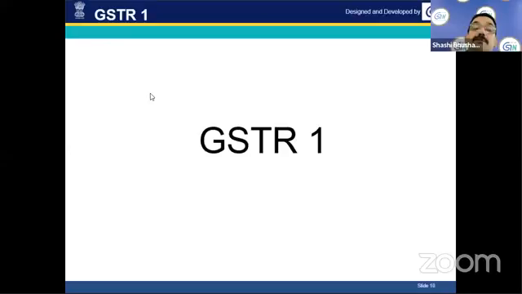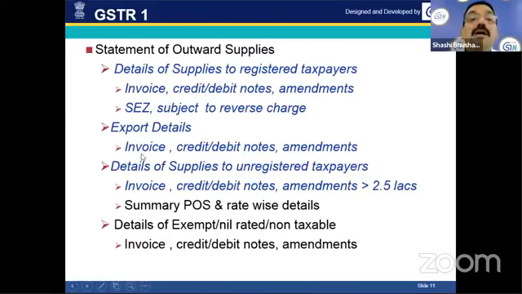In this return, a taxpayer has to declare... GSTR 1, next slide. Okay, fine. So in GSTR 1, basically it is a statement of outward supplies, and the taxpayer has to declare